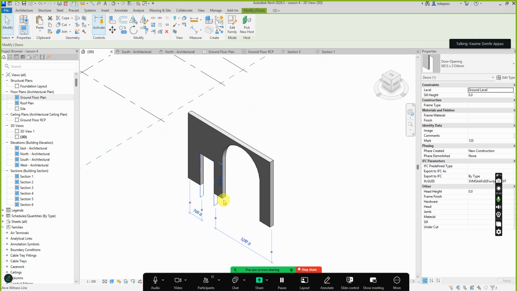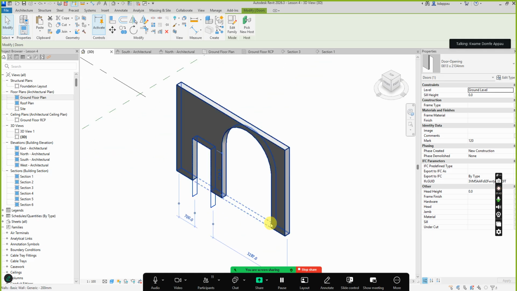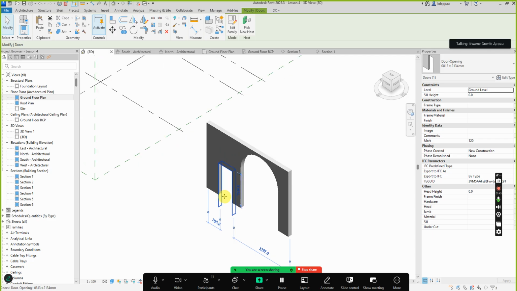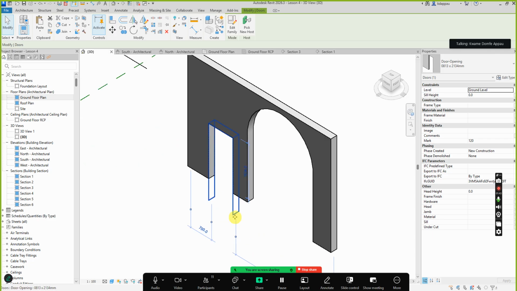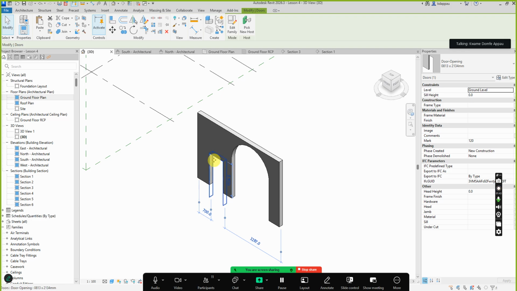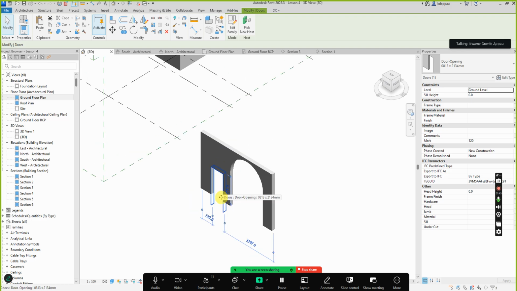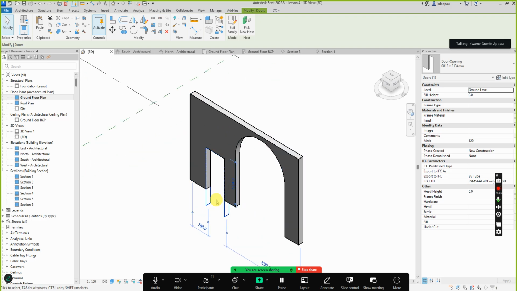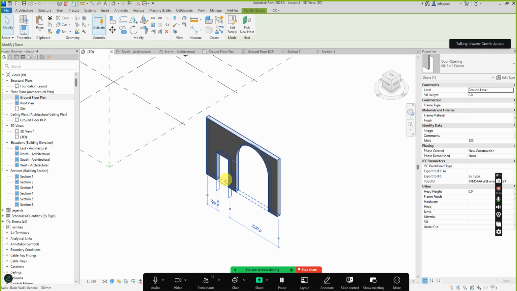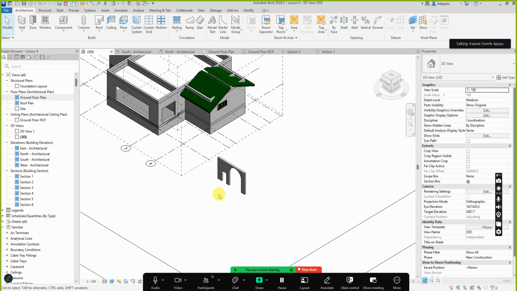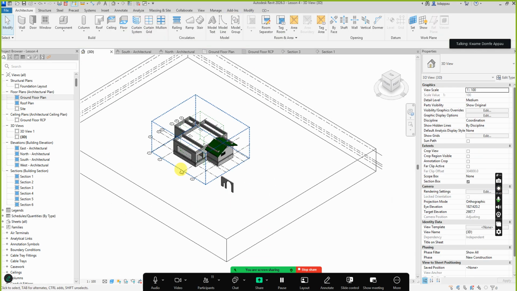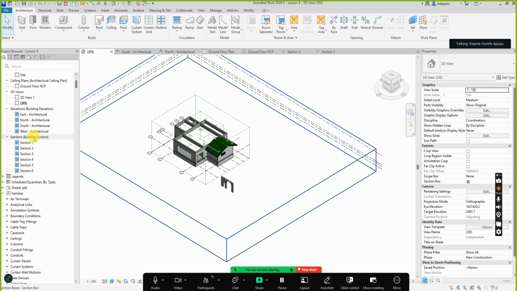Instead of editing the profile, it will be advisable for you to create an opening of that nature, and then insert the opening into the wall. As time goes on, I'll teach you how to create openings, so you can schedule them. Okay? For now, if I go and check the door schedules I created earlier, let me go to